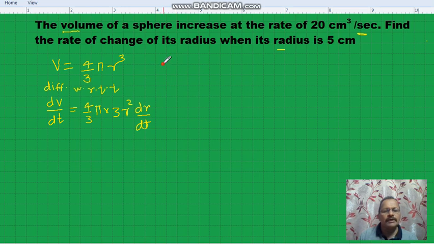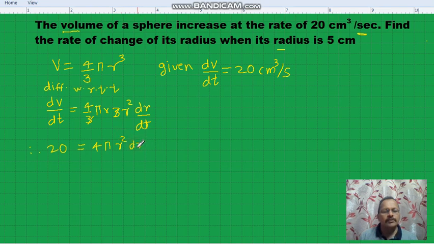Now we have given that dV by dt is equal to 20 centimeter cube per second, and therefore putting it here, 20 is equal to 3 cancels out, 4 pi r square into dr by dt, and therefore dr by dt is equal to